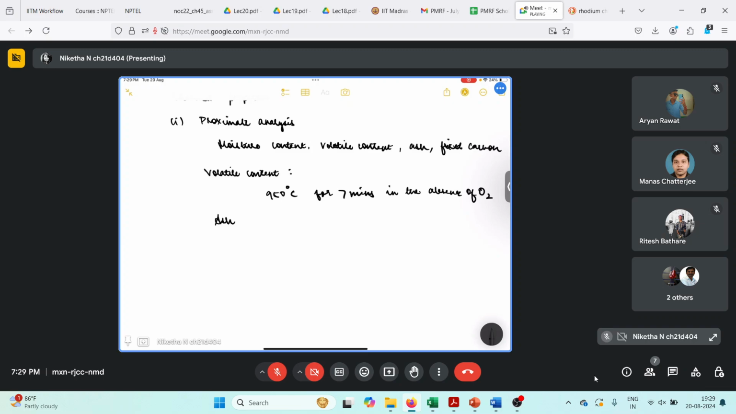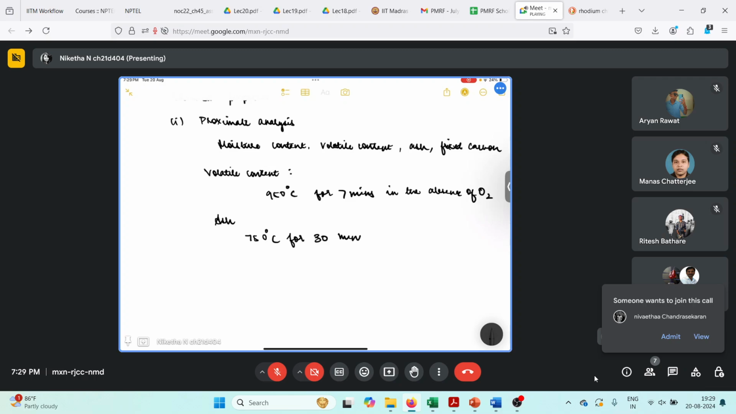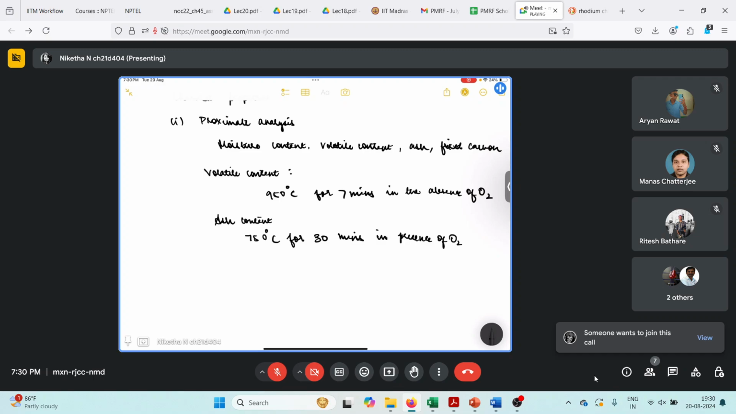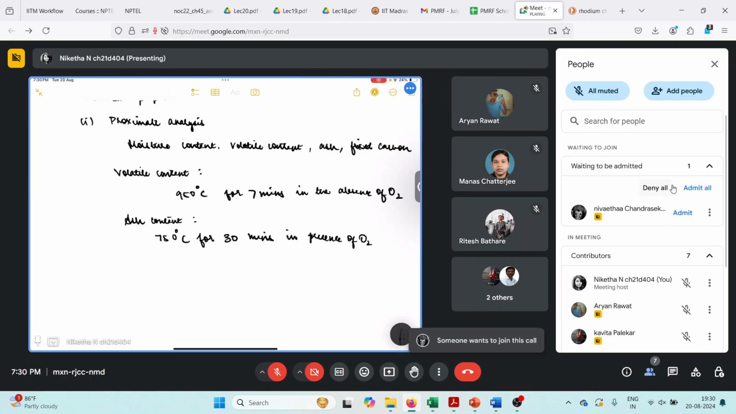For determining the ash content, the sample has to be heated at 750 degrees Celsius for 30 minutes in the presence of oxygen. Now, why do we heat this in the presence of oxygen? For ash formation, the substance has to get oxidized first. So only when it gets oxidized,